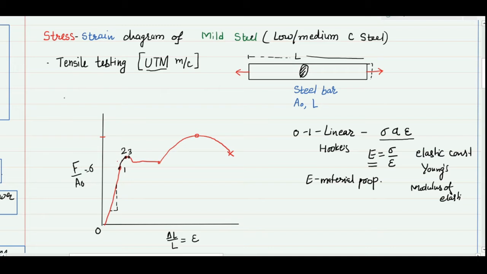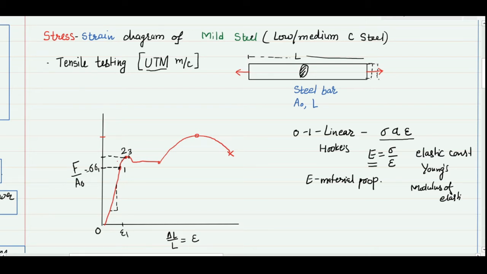So points 1 and 2 represent the elastic condition, meaning up to point 1 the material is elastic, showing that if I remove the load it will go back to its original position. Similarly, when I talk about point 2, the material is still elastic. What is happening in your workpiece is that when you apply the load there is a change in length, and suppose this is a point where my stress value becomes sigma 1, with a corresponding change in length, say epsilon 1.